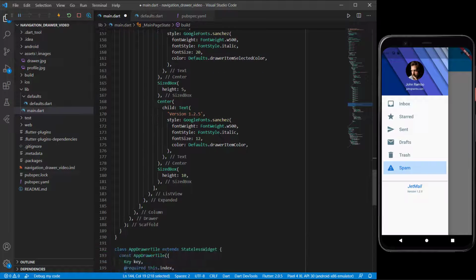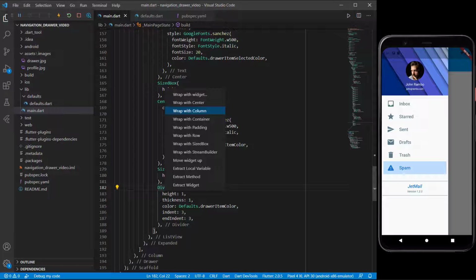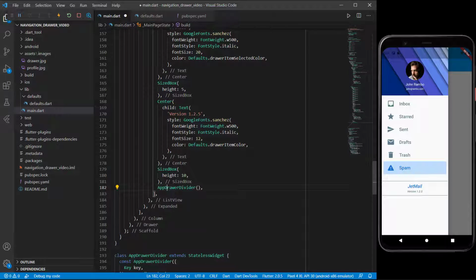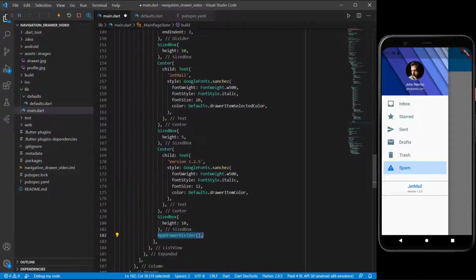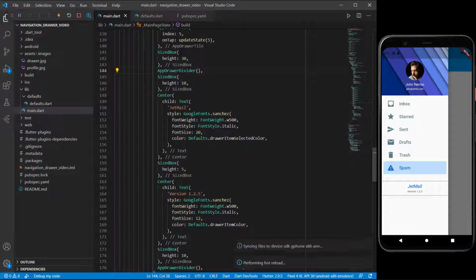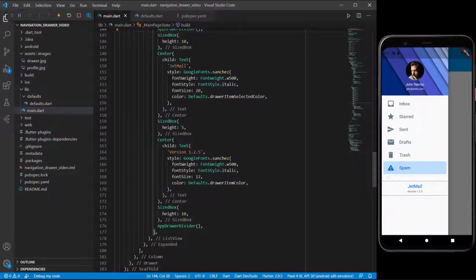So even now you can see I'm reusing code here, actually duplicate coding here. So if you've got a divider, I'm not going to do it now, but you can also extract this divider and name it yours. Let's do it quickly. Extract the widget and let's call it app drawer divider. And you can say OK there, and I can just have app drawer divider there, copy that one. Wherever I've got dividers and I need them, I can just paste that one line of coding and it will still work the same. Okay, so that's a bit of code reuse there,